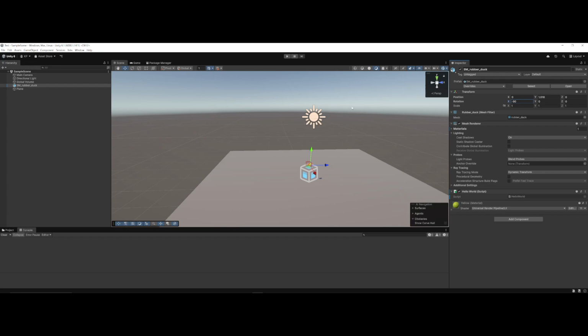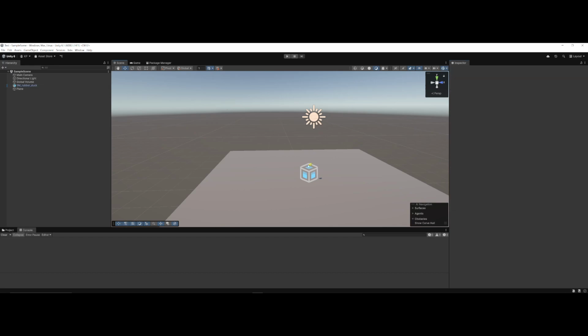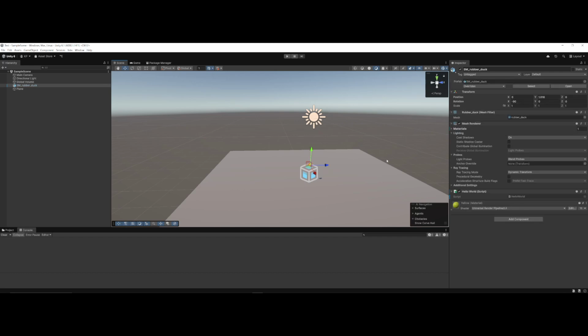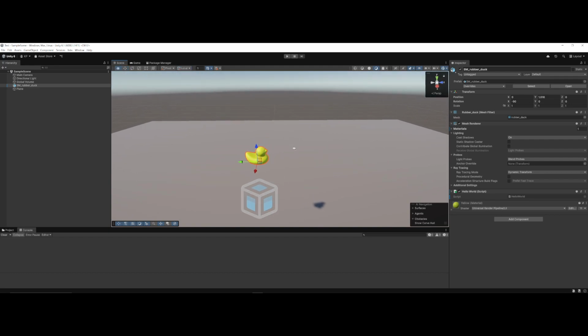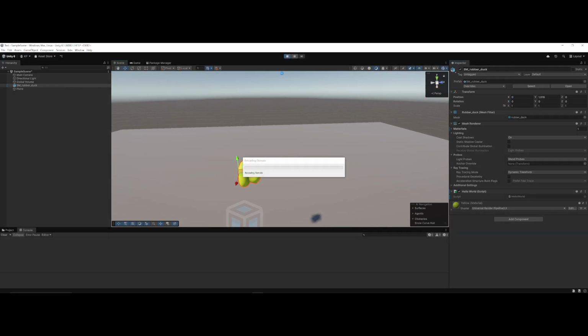I see. Okay, the reason it was moving up, even though we asked it to move forward, is because the object has been rotated by 90 degrees. So if I look at the local pivot, you can see that the z-axis is pointing up. If I was just to rotate this back to 0, the duck doesn't look right, but the z-axis is pointing forward now. So when I run this,